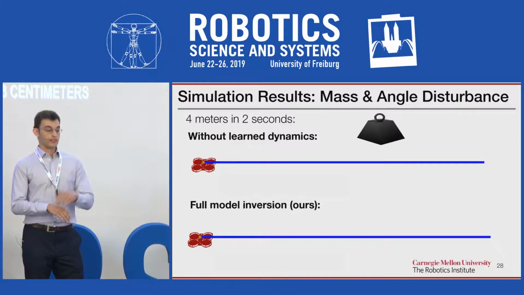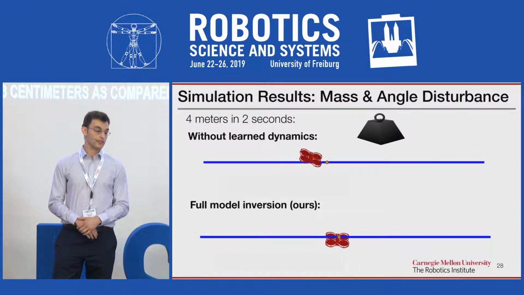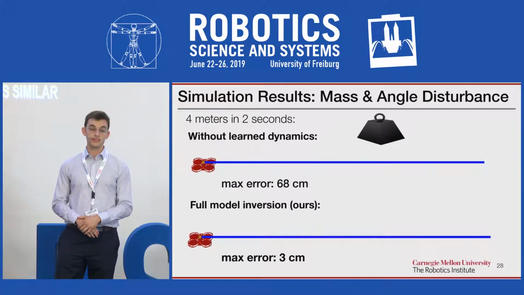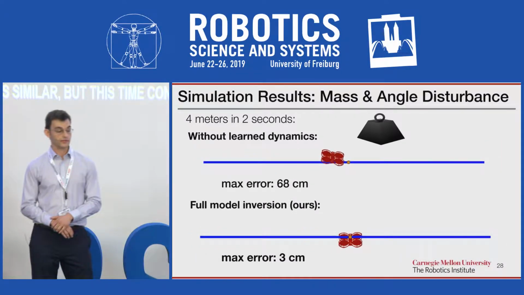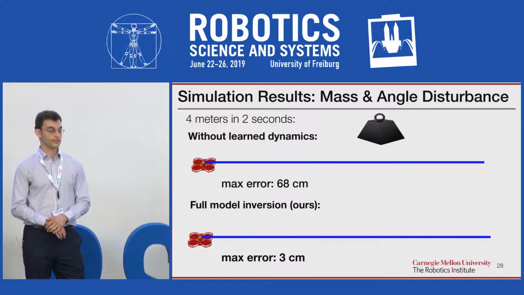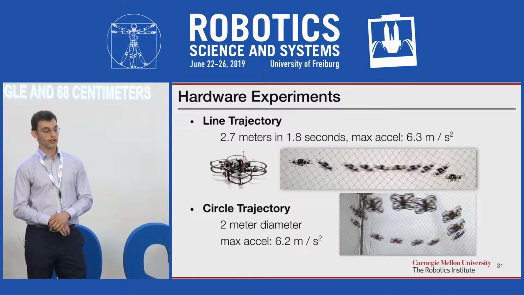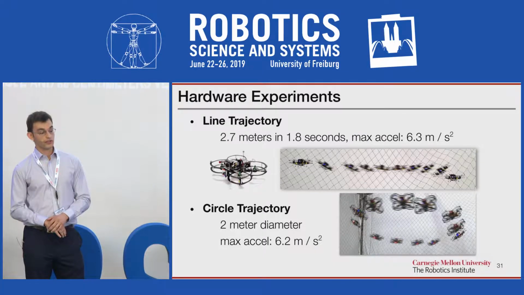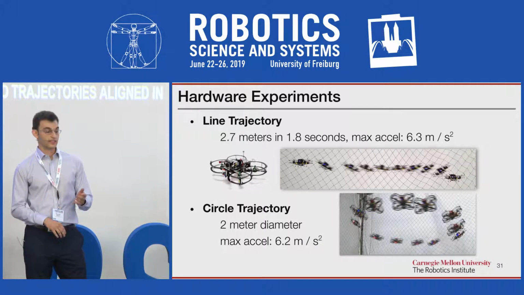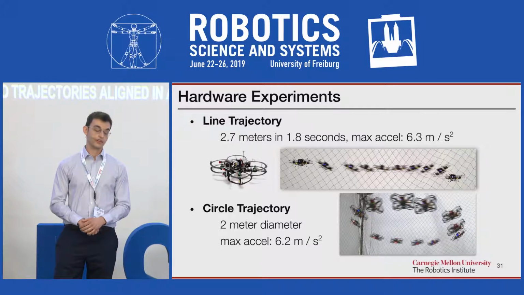The next experiment is a similar simulation experiment, but this time considering a more complex mass and angle-based disturbance. Again, our approach outperforms the baseline compensation with 3 centimeters versus 68 centimeters. We test our approach in hardware using 2 trajectories, a line and a circle. Both trajectories are quite aggressive, reaching accelerations of 6 meters per second squared and reaching close to the vehicle's physical